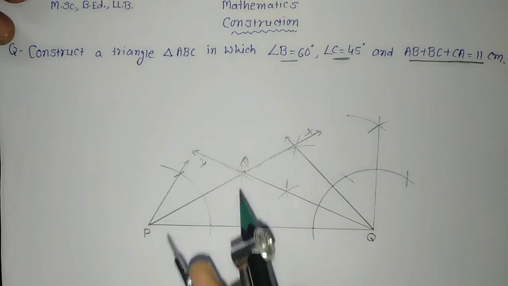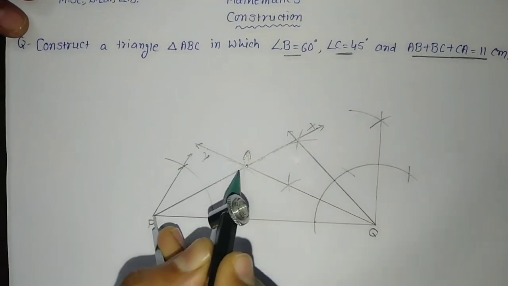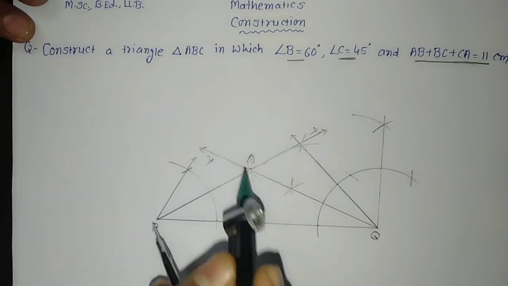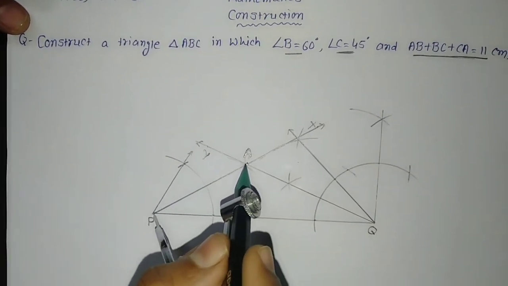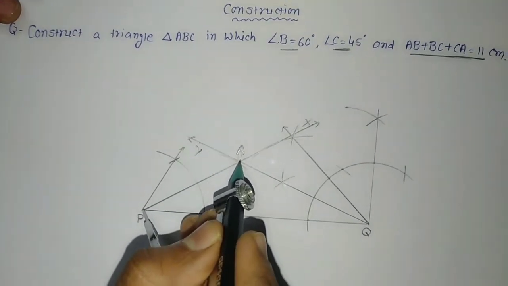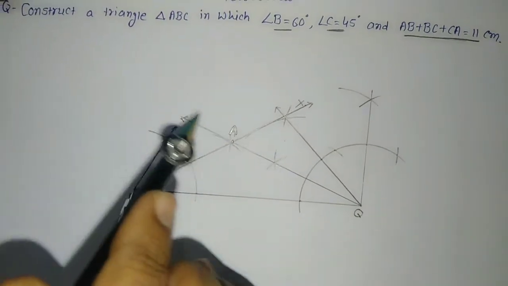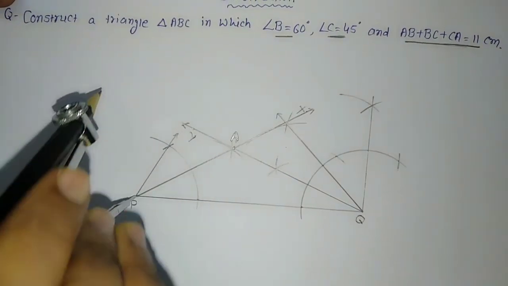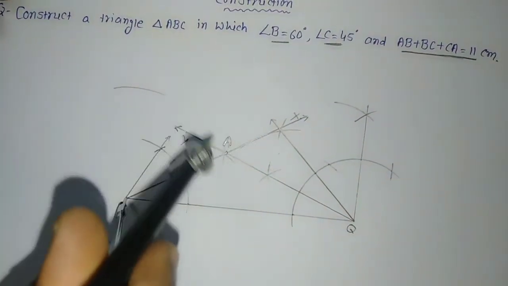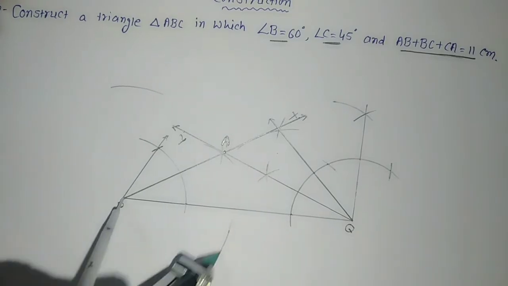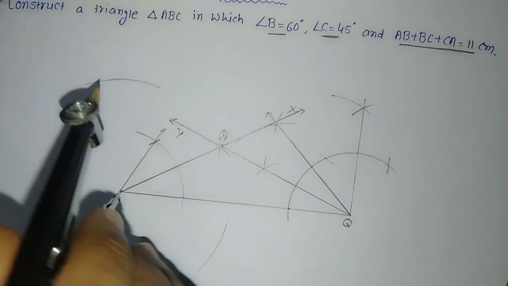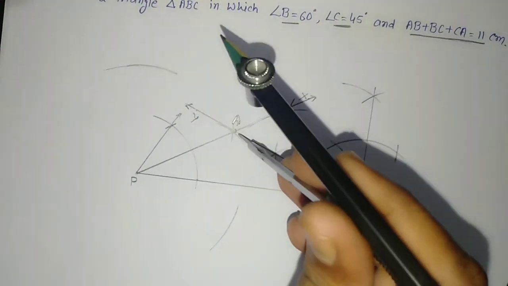Now wherever I got this point A, I'll draw the perpendicular bisector of this line segment AP. How to draw the perpendicular bisector? We already learned. This AP measure I have taken. Then I will draw the perpendicular bisector. For drawing the perpendicular bisector, by keeping the point on P, I will draw arcs in both the semiplanes. A little bit of arc you will draw because we don't know where it is intersecting.